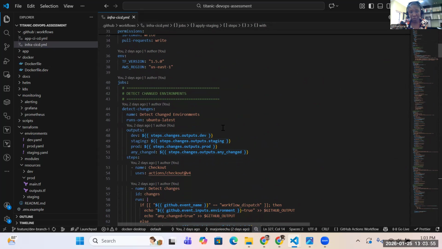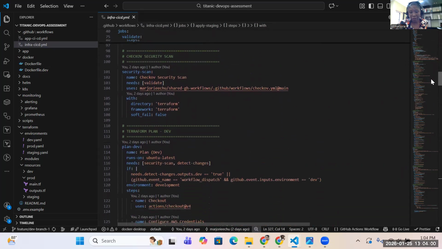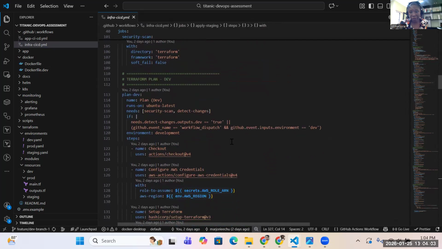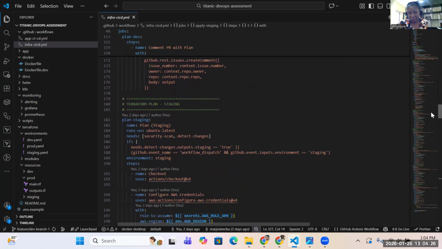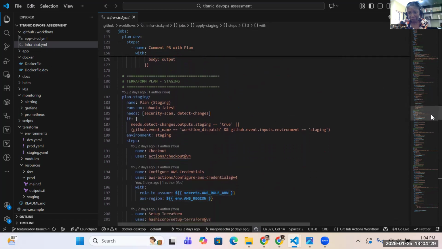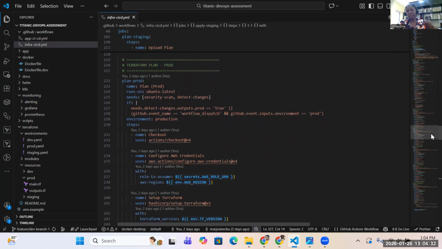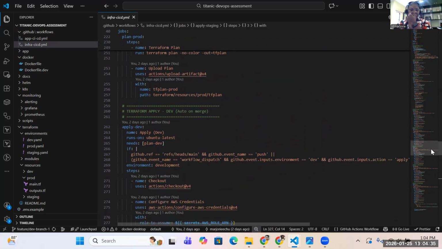So this detects the change between environments, and those actually deploy after the scan, deploying in the dev. This workflow or job is going to be triggered if the branch that is pushed is a dev branch, and it should deploy on a manual dispatch. The same thing applies here from a stage branch and from the prod branch. So that's about it for